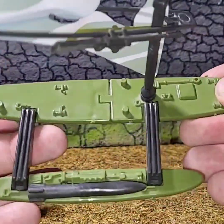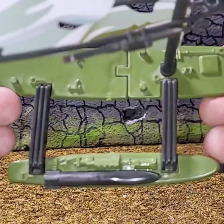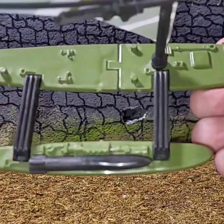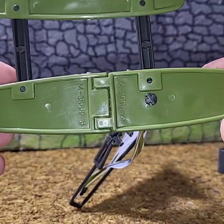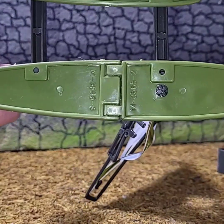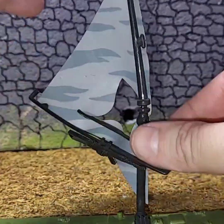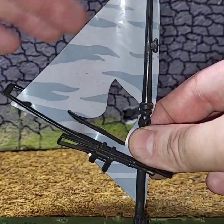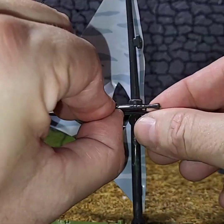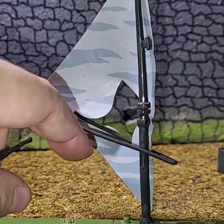It does have the outriggers here for the pontoon, and the pontoon does have a missile on it with more machinery to launch the missile. And the bottom is really quite bland. Doesn't even have a date on it. Here on the other side of the mast and sail, it comes with this machine gun. Be careful pulling this off because it will bend